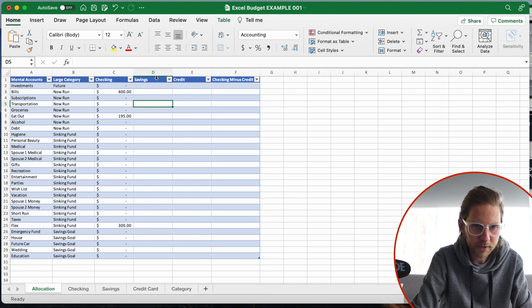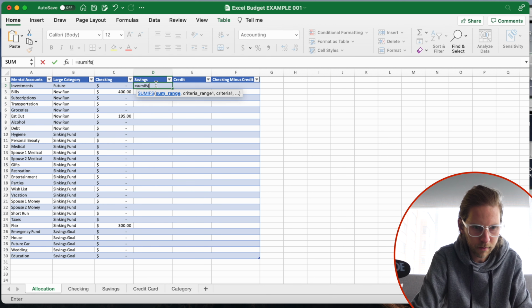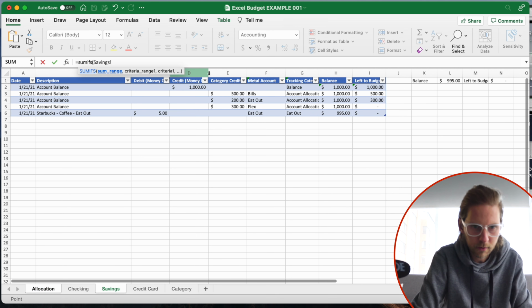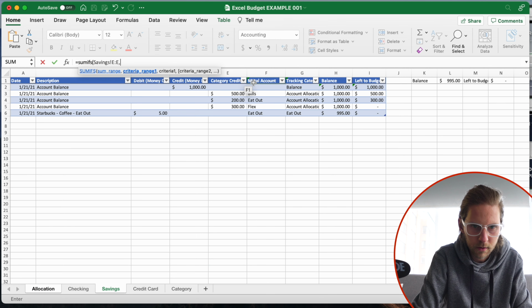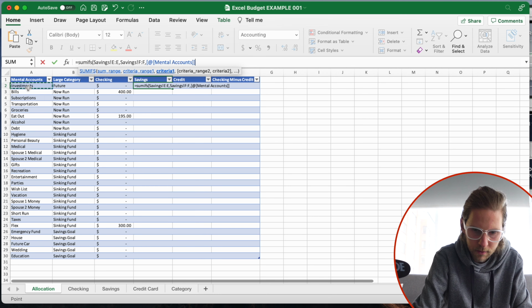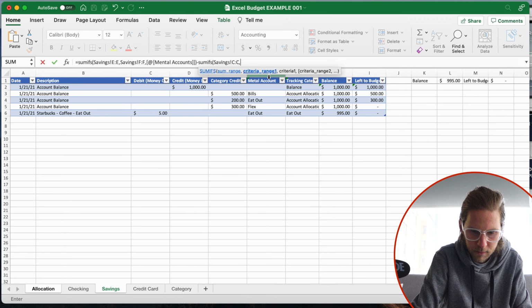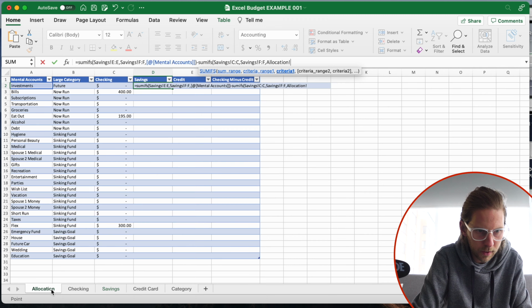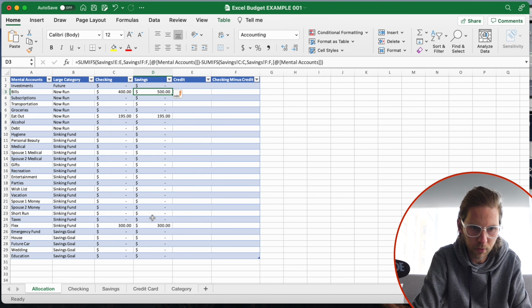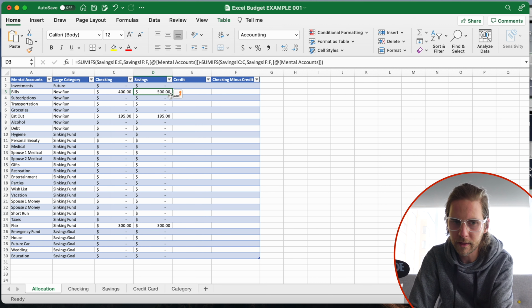So we're going to do the same thing for savings, equal SUMIFS of the credit category column, Minto account column, and this specific cell, minus the SUMIFS of the debit column, and come back over here, click there, boom, close that parentheses, and we now have the running total. Of course, it looks the same because I use the same exact data for every single one of these